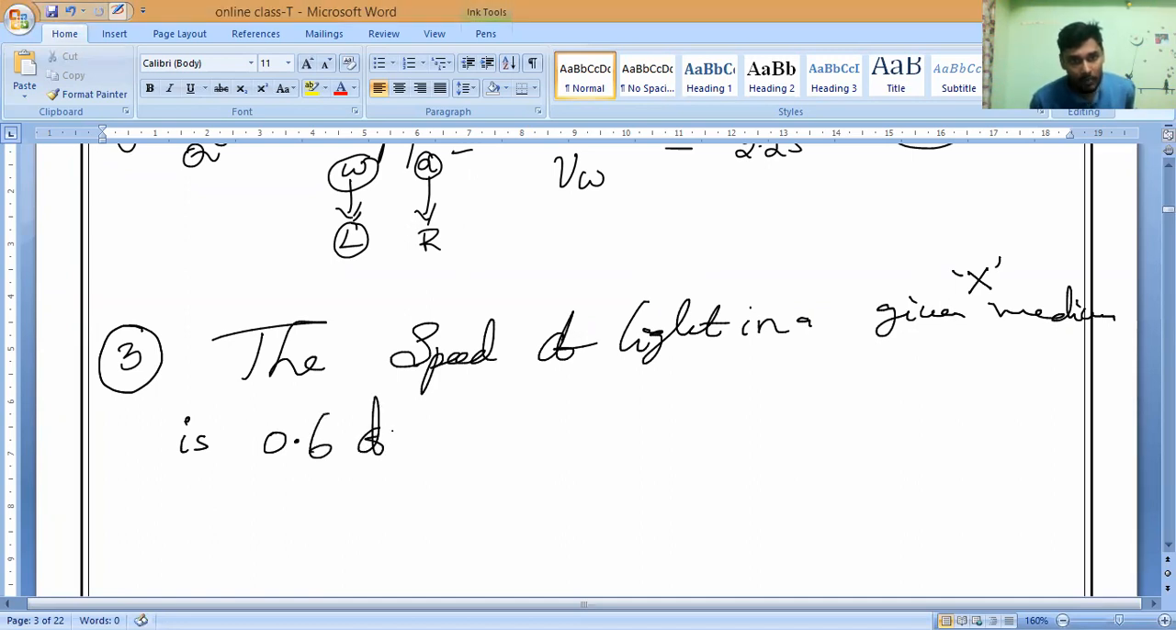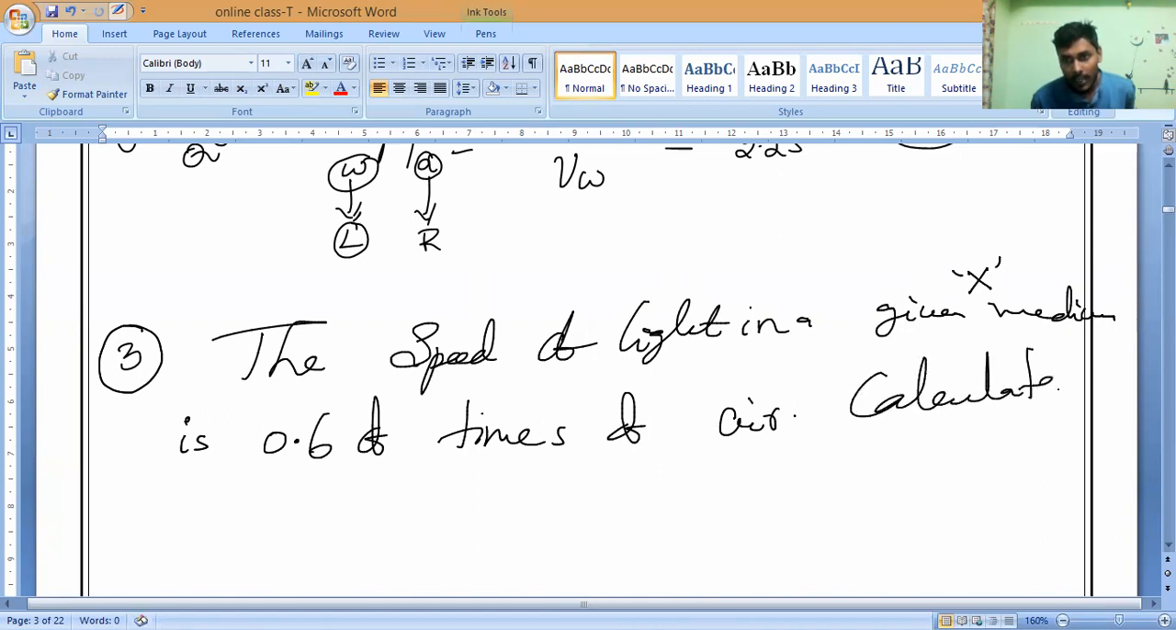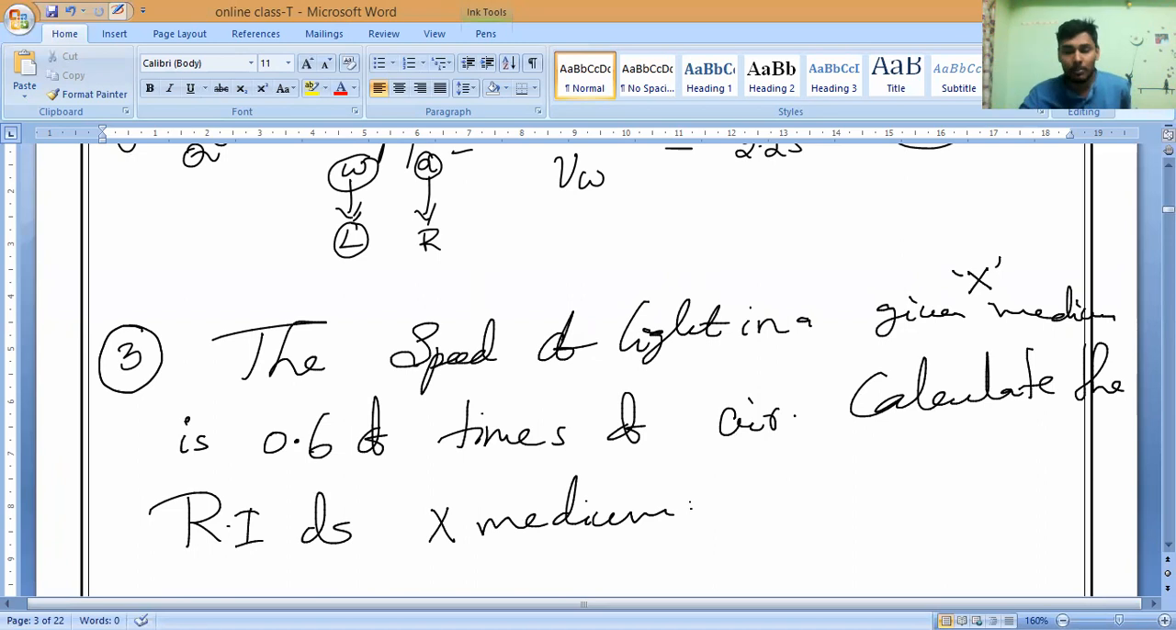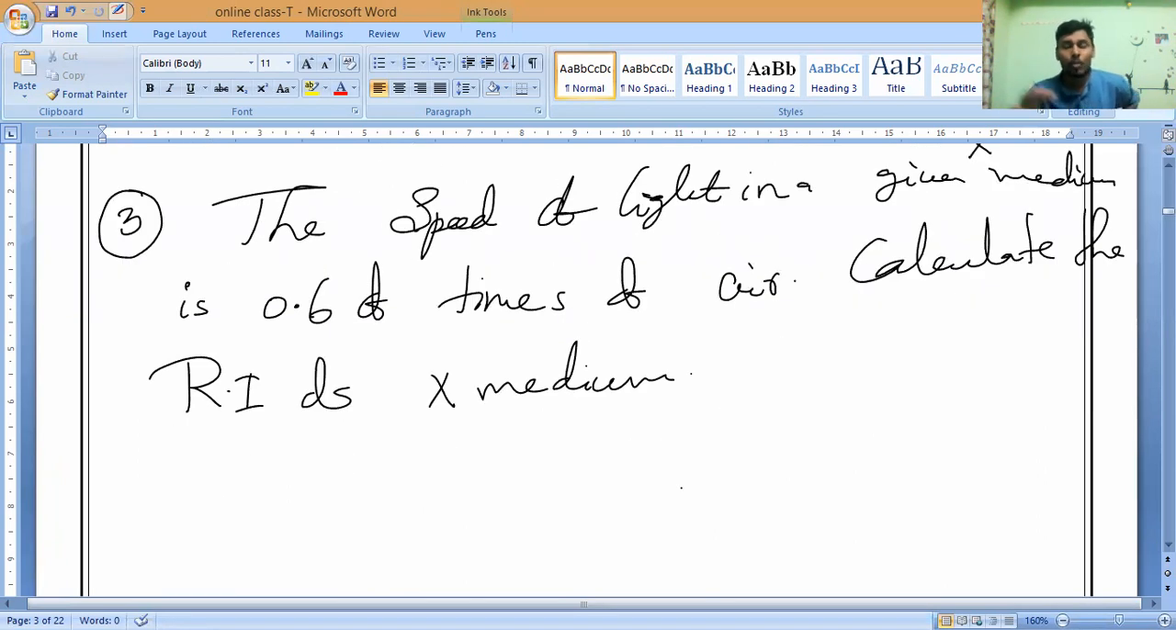0.6 times of air. What is that, guys? 0.6 times of air. Calculate the refractive index of X medium. That's all, guys. In this case, very simple, but so many students, 50% of students